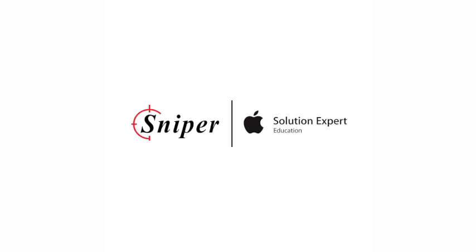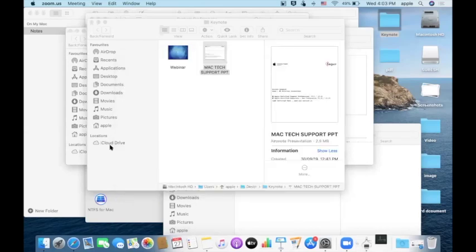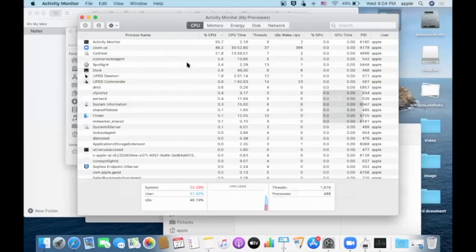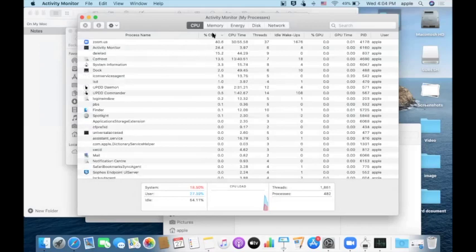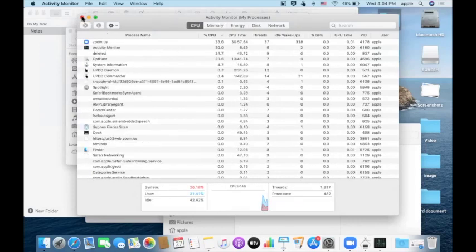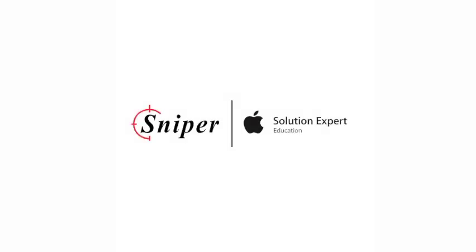And someone asked for Task Manager. Yeah, it's in Activity Monitor. In Spotlight, you can type Activity Monitor, or you can go to Launchpad. In Others, it will be there, Activity Monitor. So you can see whichever application is accessing more of your RAM or memory or CPU or GPU, you can have a look here itself. Any other questions?